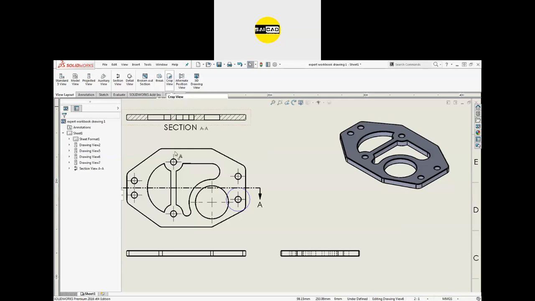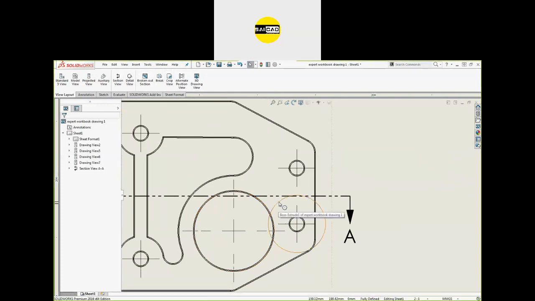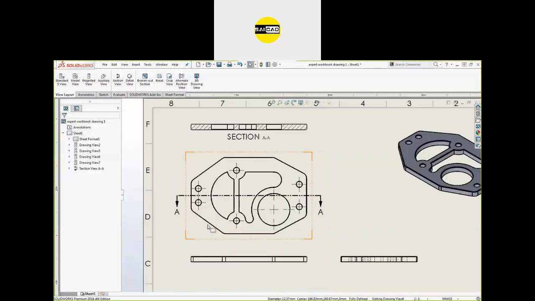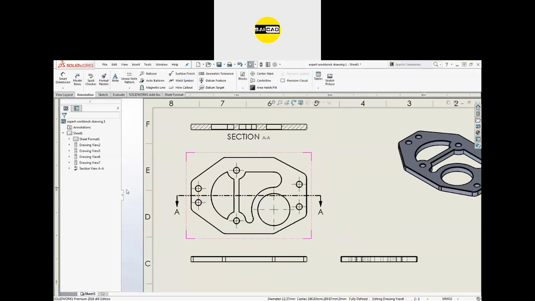When we cover the last session tomorrow, I will show all these commands in the assembly, how you can create a 3D drawing view, how you can create the alternate solution. Basically, these are the options for the assembly. So next, we are going to cover how we can insert the dimensions for this object. To do that, go to the annotation.